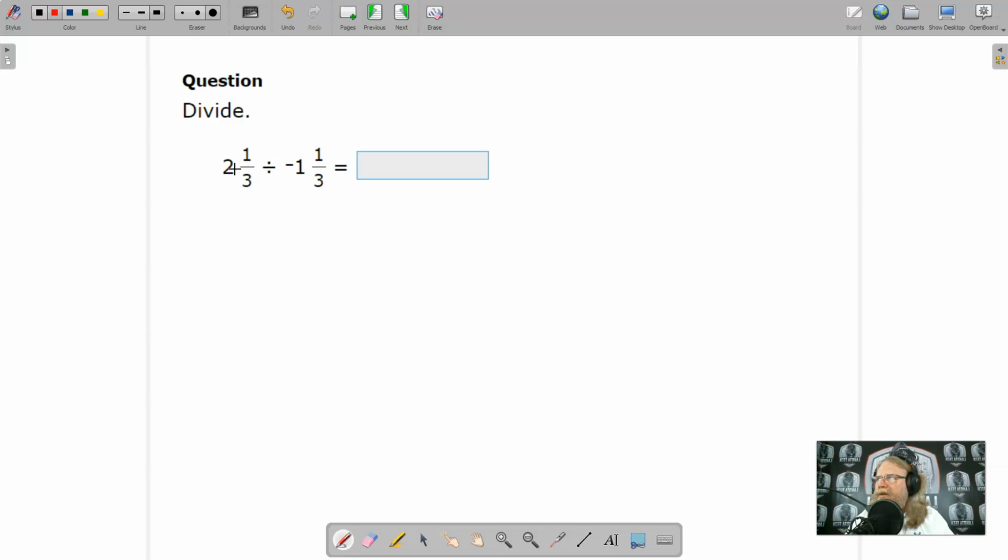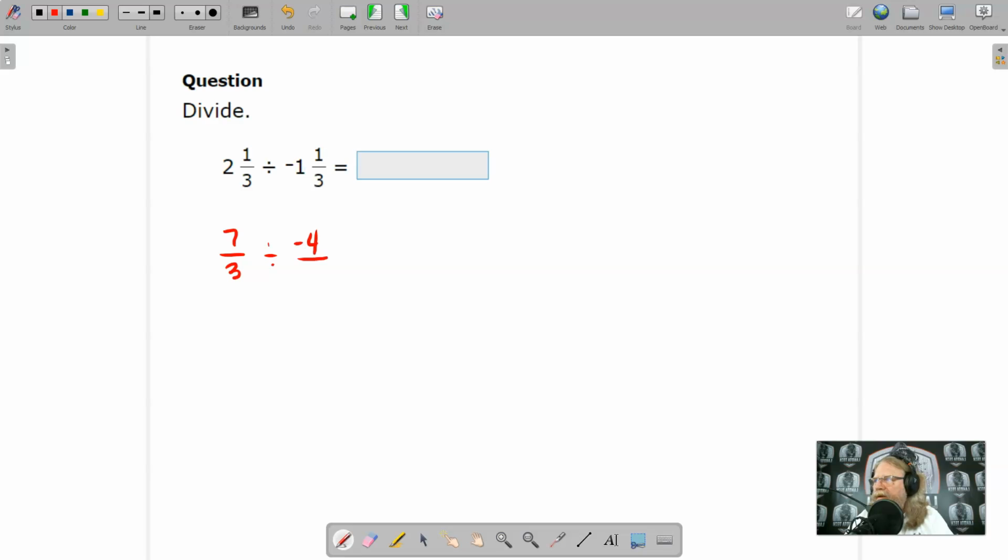So let's do 2 1/3 as an improper fraction. 3 times 2 is 6 plus 1 is 7, so 7 over 3. We're going to divide this by 3 times 1 is 3, plus 1 is 4,